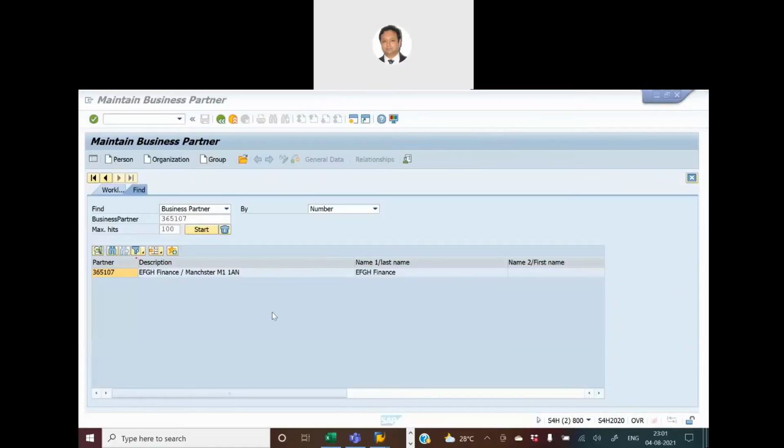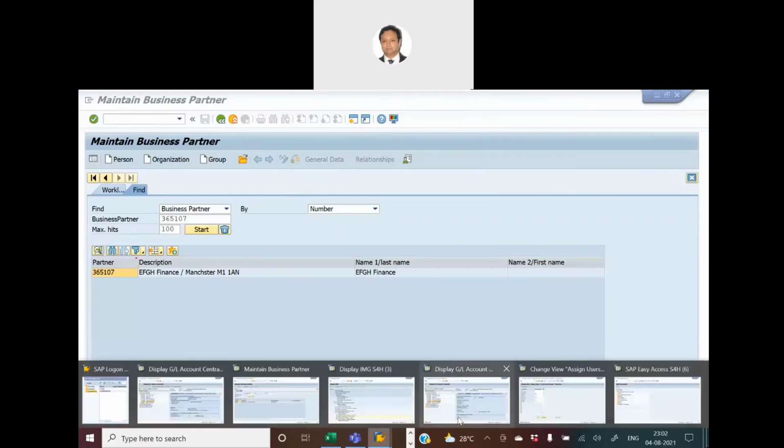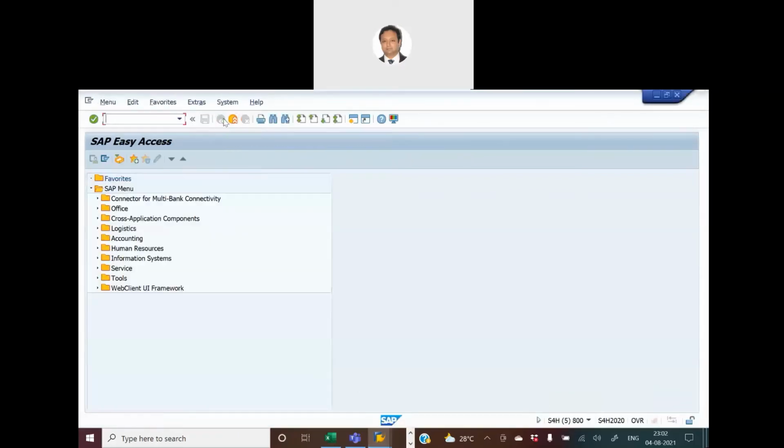Right, so we were trying to save the tolerance group in this vendor and it was not getting saved. So I looked back and I saw that I didn't save the previous entry; the tolerance group for the vendor customer was not saved. So now since I've saved it, I'll show you one more time. If I go to a new session, for example, what was the problem is, if I go back,